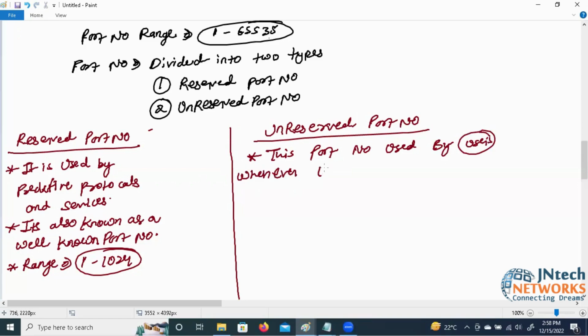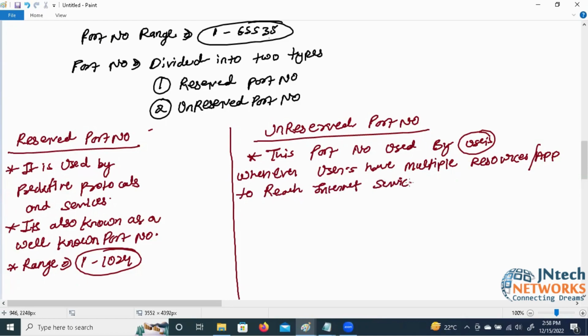Whenever users have multiple resources or applications to reach internet services. Clear? So Sheldon, if you want to reach google.com, do you have only a single browser